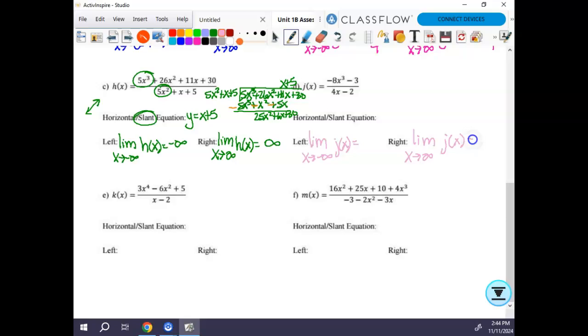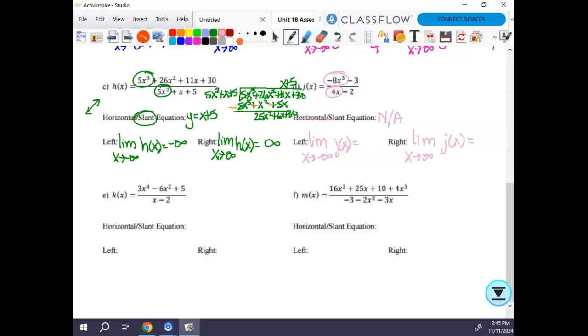And I know that because those are end behavior limits. And so when I look at this and I look at my leading terms, it is top heavy by more than one. So it's neither one of these,